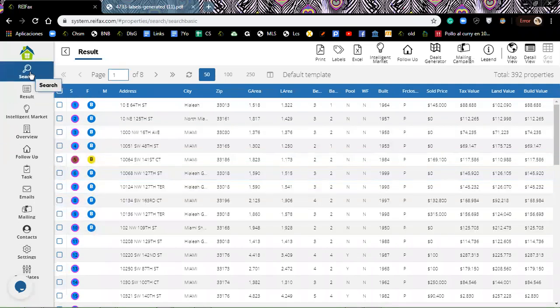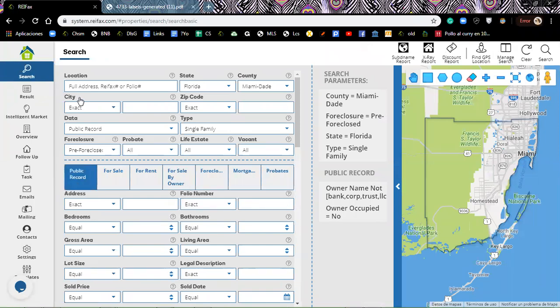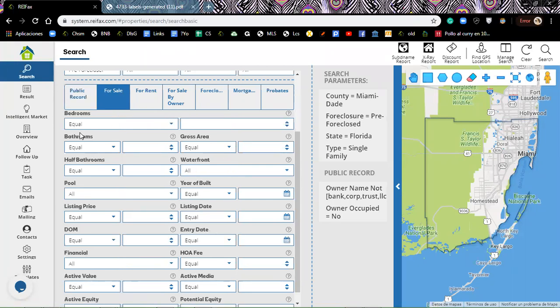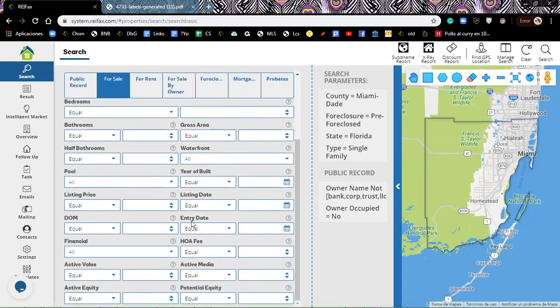Let's go back to what I was answering to you, Jack. So if you see, let's move up a little bit. If I go from one tab to another, you'll see that the fields down here change a bit. These are public records. If I go to for sale, I have different fields here. If I go to for rent, I have different ones. For sale by owner, it changes a bit. In this case, for the HOA fees, I go here in for sale and I have a field here